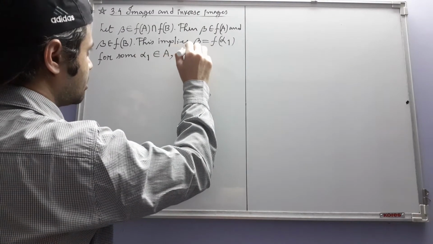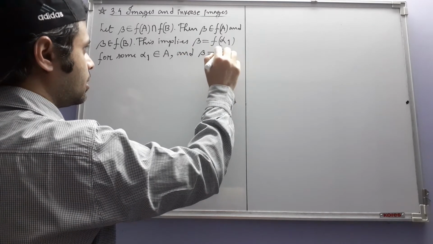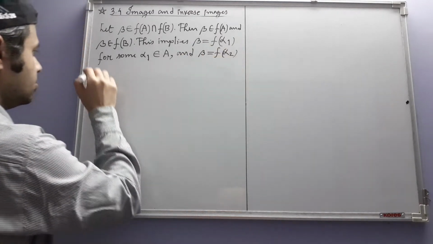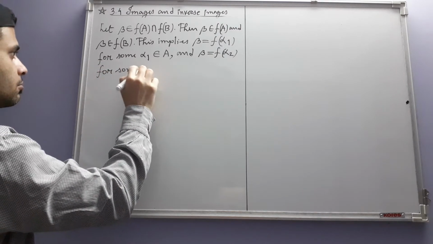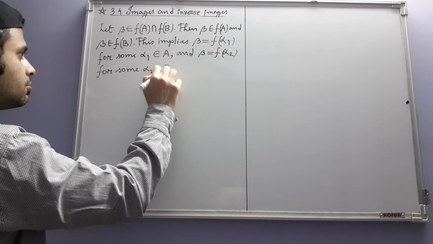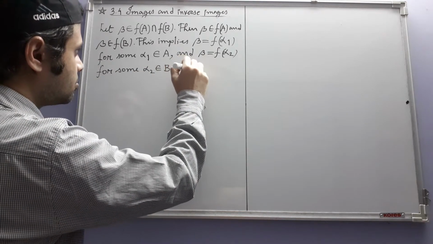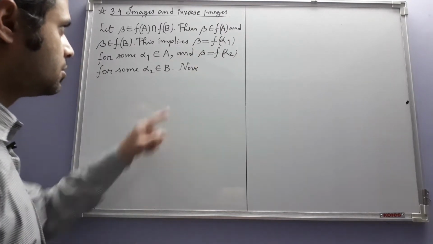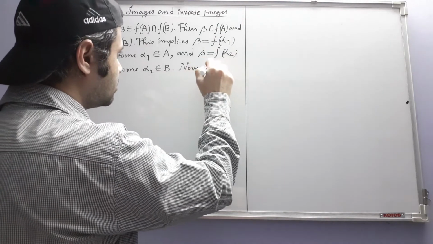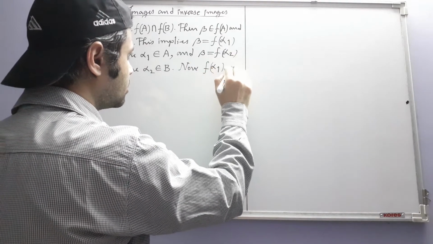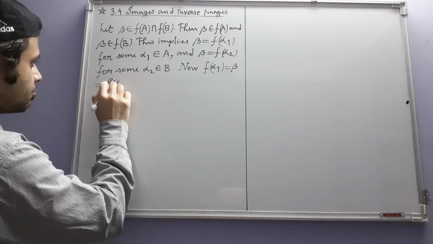Just like that, from the second one we get beta is equal to f of alpha 2 for some alpha 2 belonging to B. Now we use these two equations together. Doing that we get f of alpha 1 is equal to beta, which is equal to f of alpha 2,